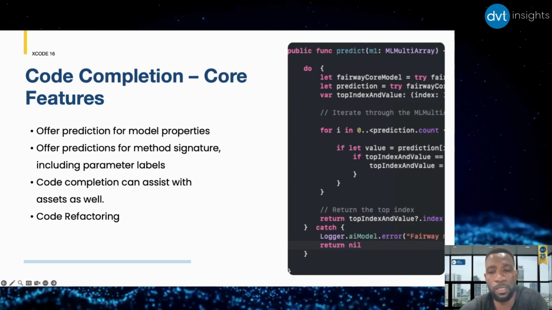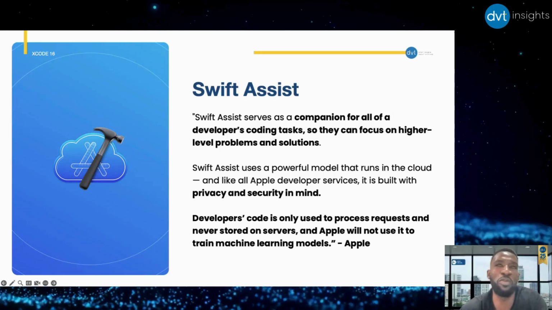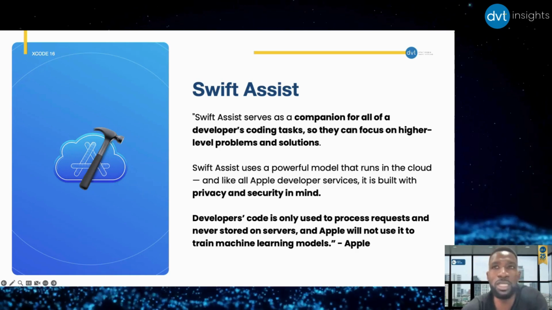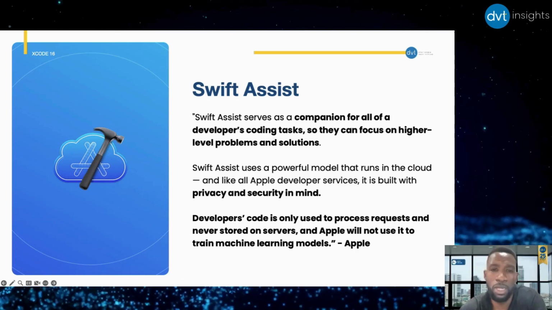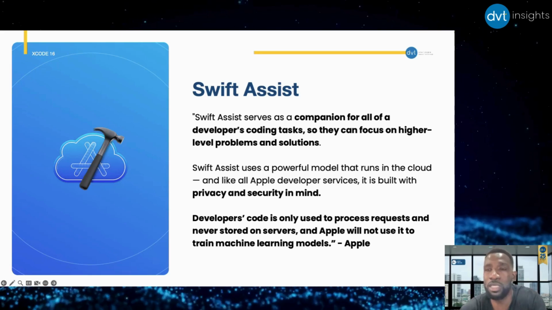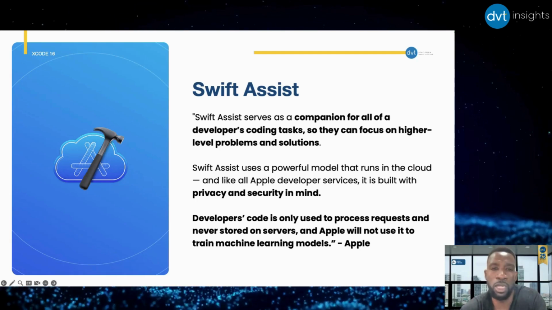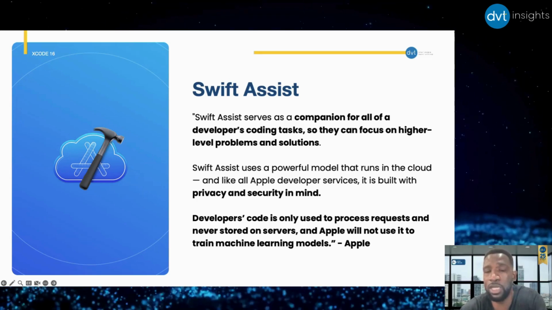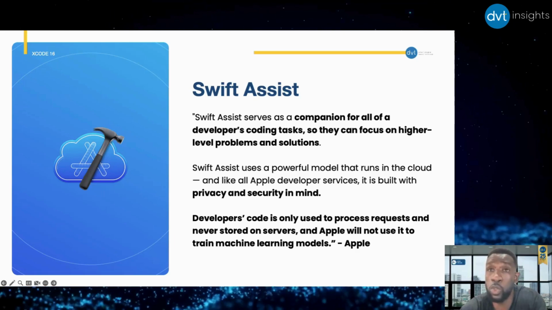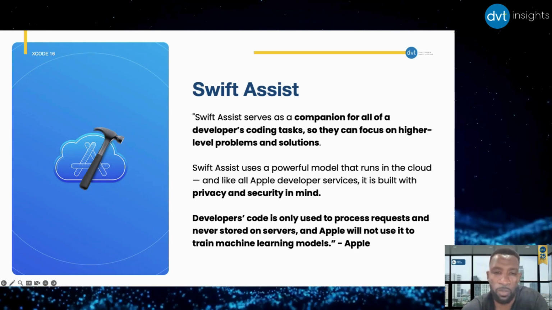Now, on the Swift Assist side, the first thing you should spot here is the cloud, which is different from what I had on my code completion, which means that this runs on the cloud. So with that, internet is required at all times. But it is a more powerful companion because it does not only just complete, it can also talk to you. You can actually interrogate it on further things. And though it is a cloud thing, it is built with a security mindset. It's seamlessly integrated with Xcode, and as with code completion, it is trained with the SDK before the SDK gets released to you.